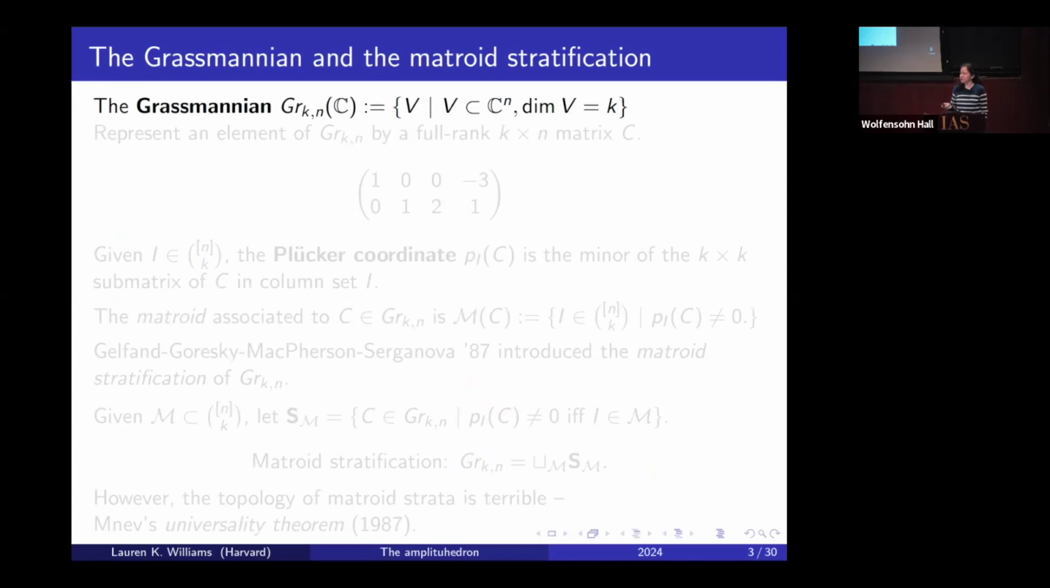Just a review of my notation. The Grassmannian Gr(k,n) is the space of k-dimensional subspaces of an n-dimensional vector space. We represent elements of the Grassmannian by full rank k by n matrices. So the row span of such a matrix gives a